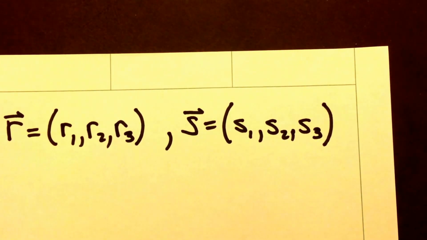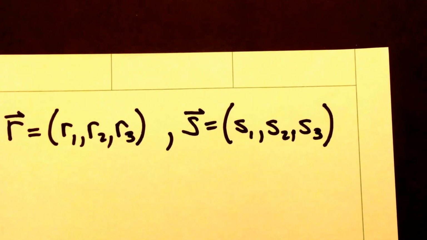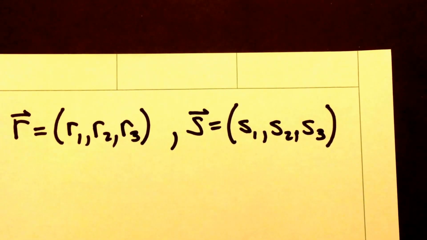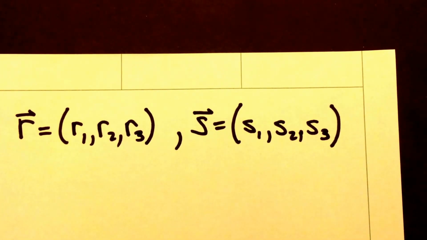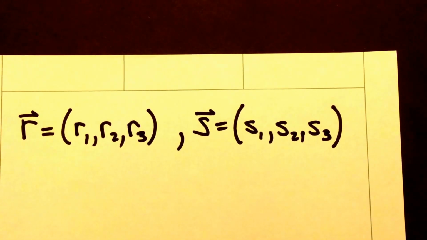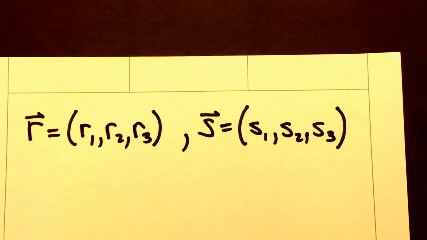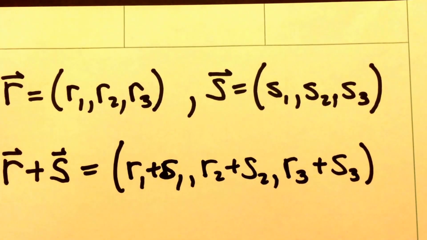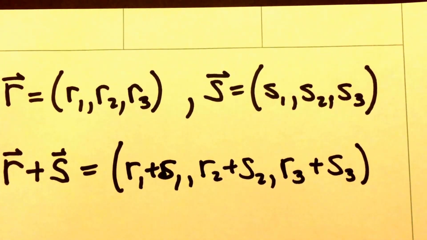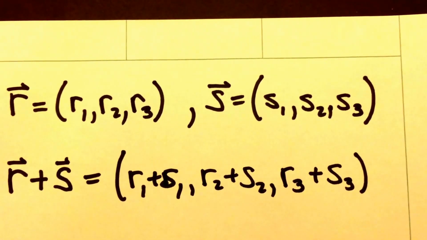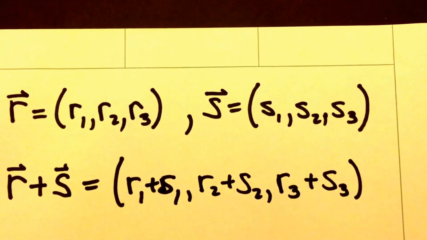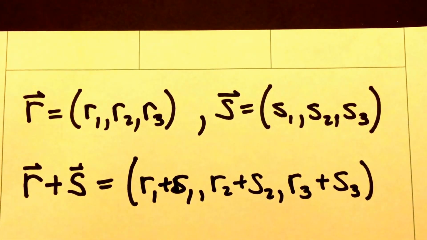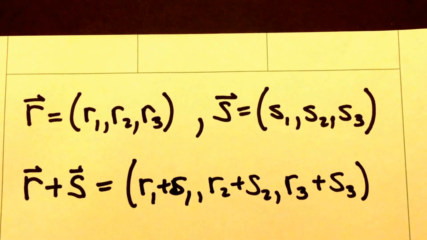It's important to keep in mind that vectors can interact with one another just as scalars can interact with one another via binary operations. However, vectors transform under binary operations in a very different way from scalars. So here, for example, I've got the r vector and the s vector, and we're going to apply different binary operations between the two vectors. For instance, the vectors can be added together, and in this case, each of the x, y, and z components add separately. And so r vector plus s vector is equal to a vector where the x component is the sum of the two x components, the y component is the sum of the two y components, and then the z component is the sum of the two z components.